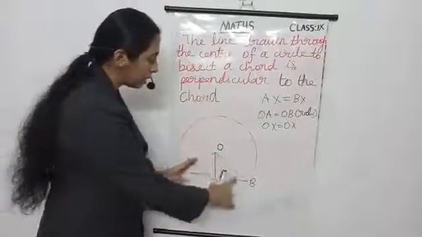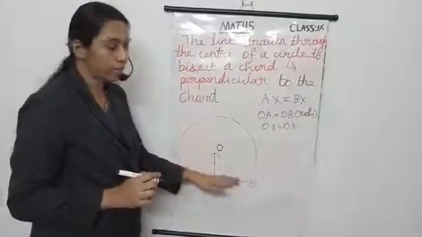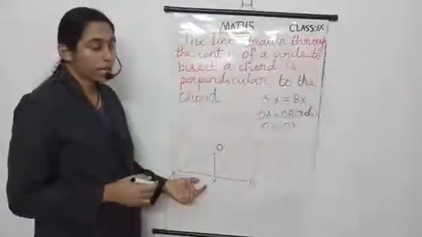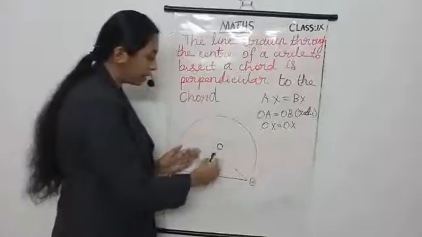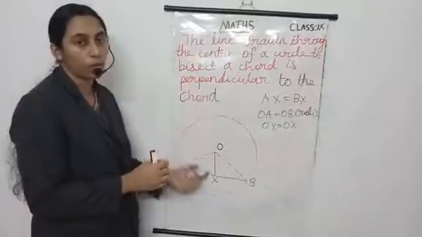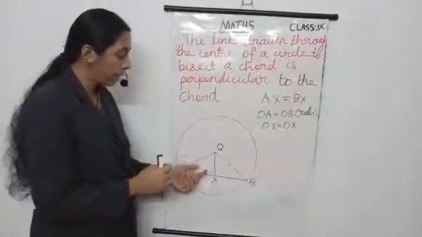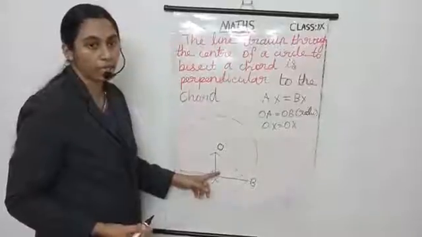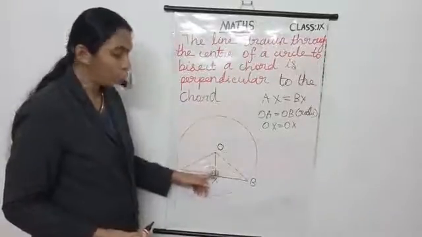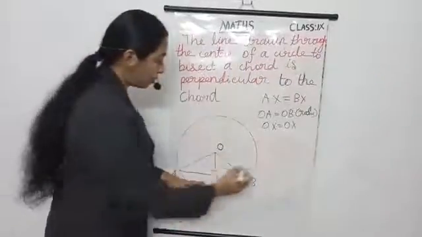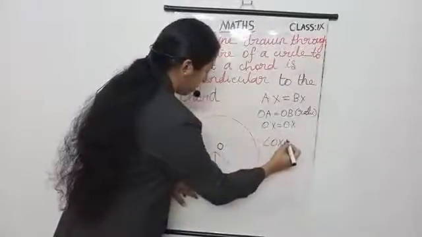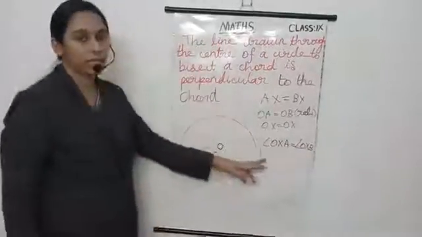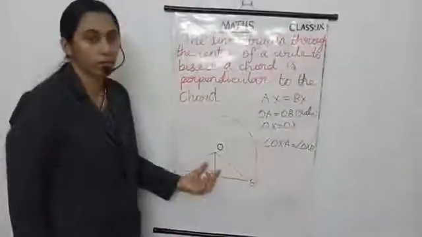So all three sides of one triangle are equal to the three sides of another triangle. These two triangles are congruent. So we prove these two are congruent triangles according to the SSS rule. Okay. So this angle and this angle are equal, isn't it? Why? Corresponding parts of congruent triangles. So angle OXA equal angle OXB. CPCT means corresponding parts of congruent triangles.